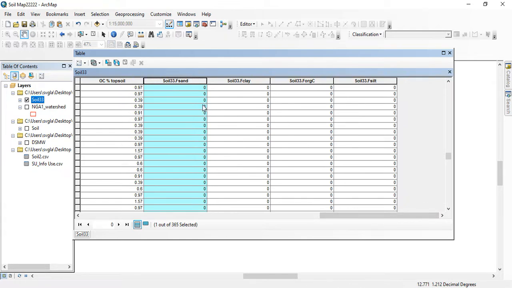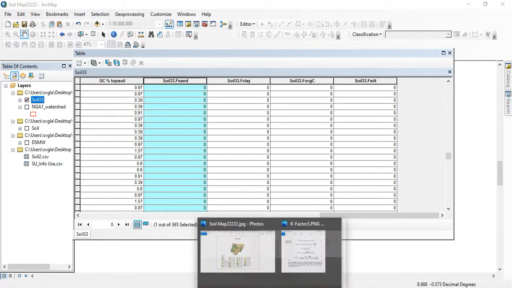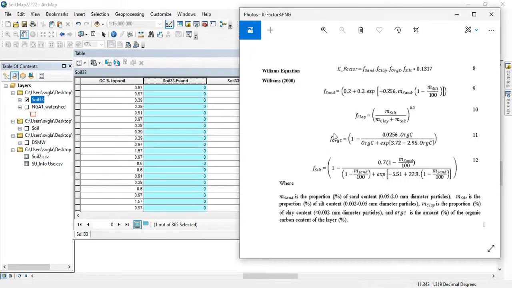So we are calculating for these three parameters, and this is how we go about it using our field calculator on ArcGIS. So the formula here